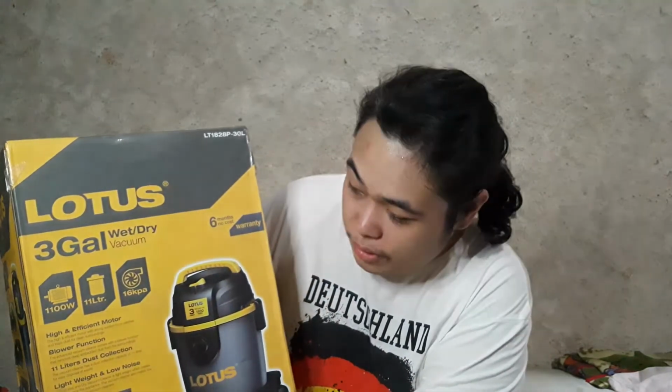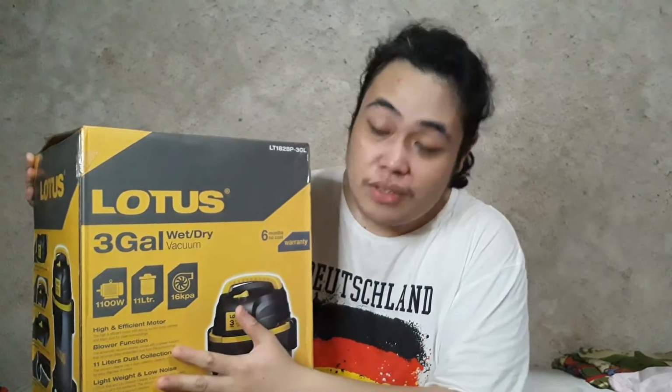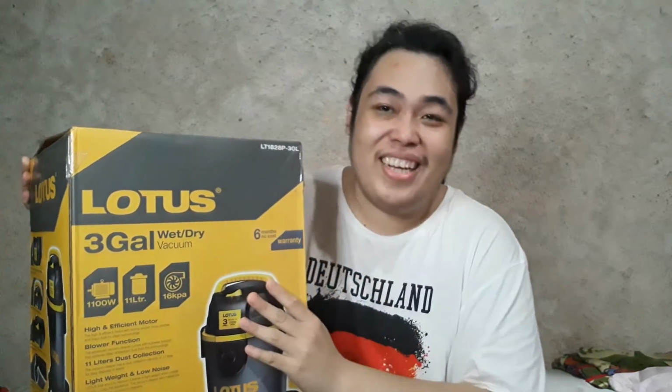Also, high and efficient motor, I do attest to that one. Even yung blower nila, kunti lang yung watts, may 1,000 watts pero madaling nasira. Ito, sa blower style nila, 600 watts pero napakataas ng RPM and as in talaga, so sulit na sulit. And then, blower function